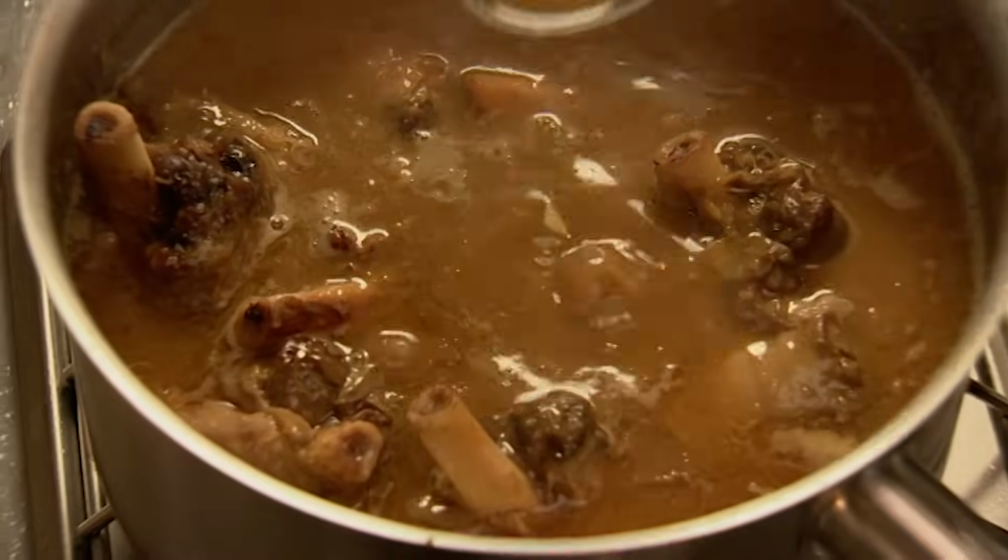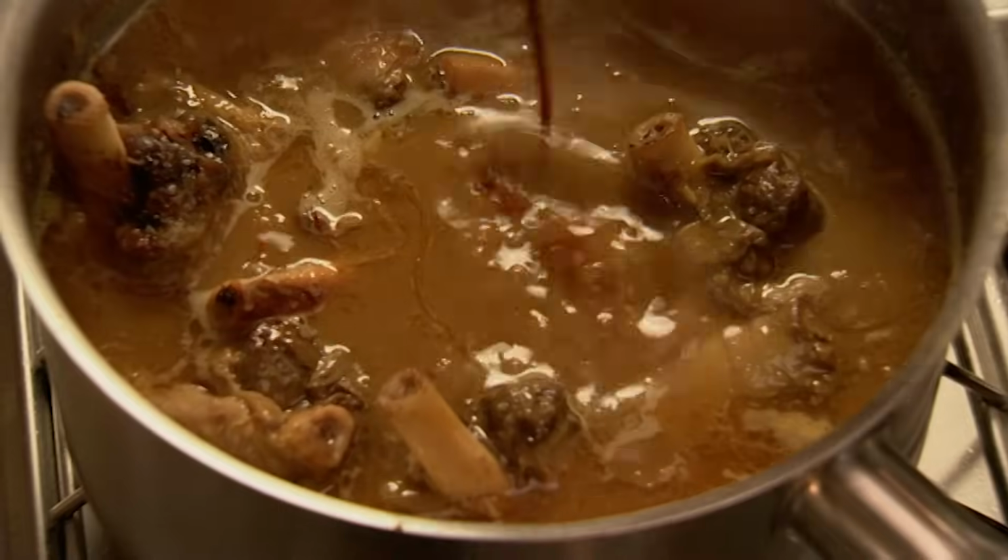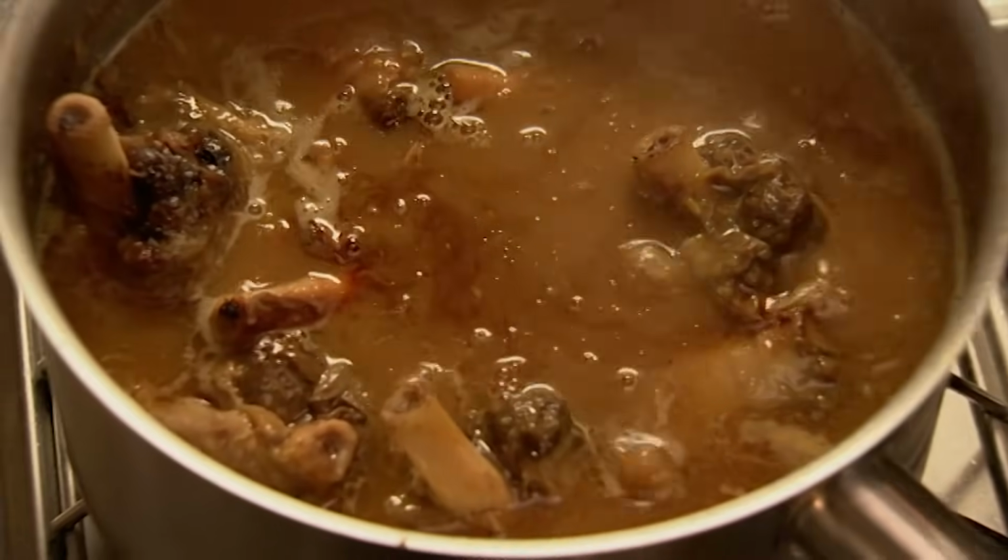Quick taste for spice and seasoning. But I want a bit more soy. And now,